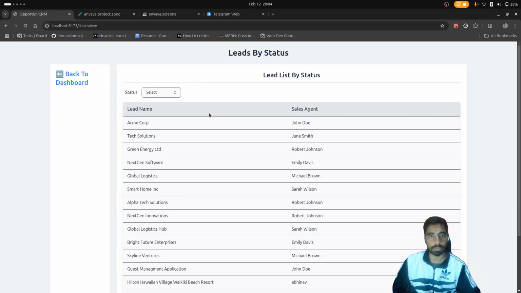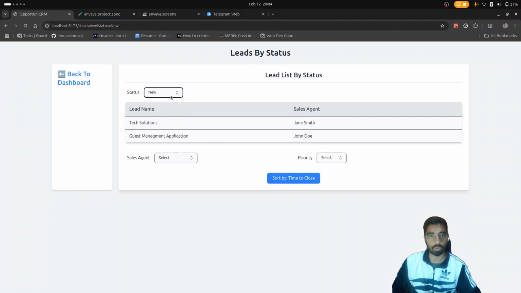Lead by status view is similar to the sales agent page, but it will show us leads filtered by the status, new.